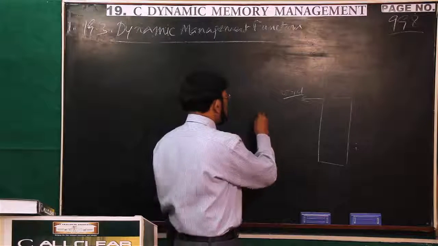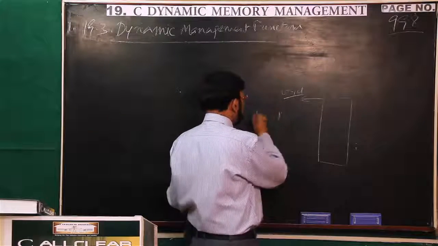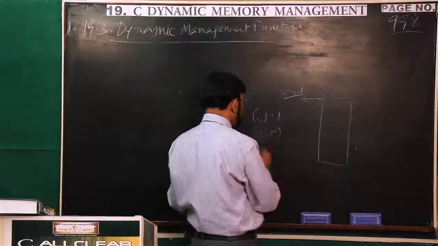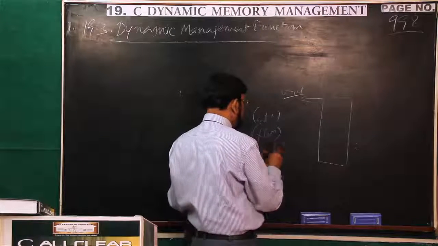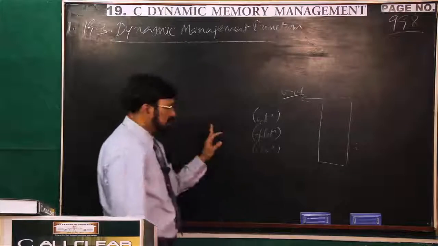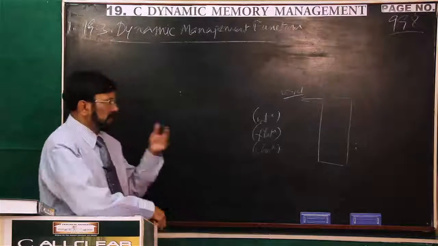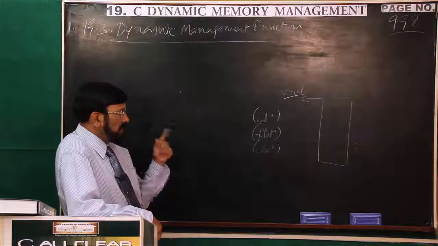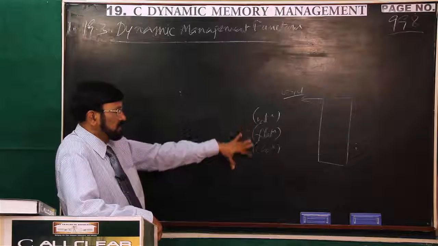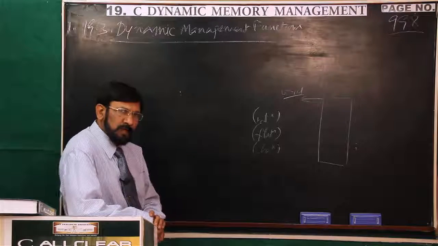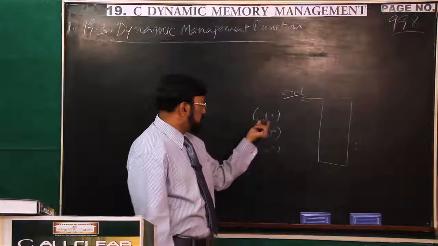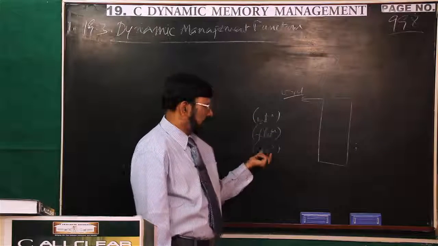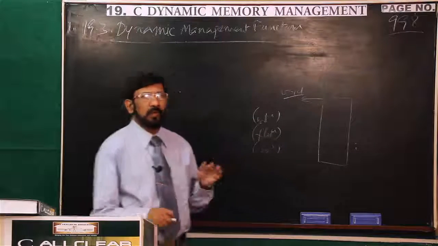It can be typecasted to int type. It can be typecasted to float type. It can be typecasted to char type. This is typecasting. Typecasting you already know. Already for primary type variables we are typecasting. Now the pointer we have to typecast. That's why we have to typecast it. Once the void pointer is typecast, it converts into an integer type pointer, floating point type, character type and so on. What do you need of that?